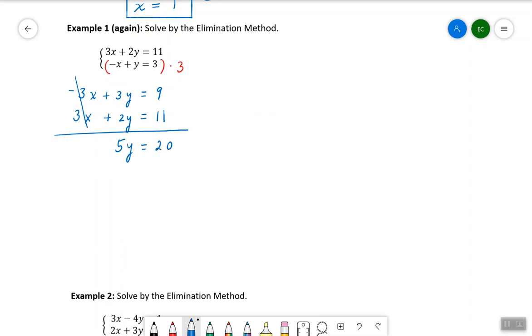Notice we have an equation now that only has one variable in it. So that's similar to the substitution method. We start out with equations with two variables, and we work our way toward an equation that only has one variable in it. Now we can go ahead and finish solving for y. We can divide by 5 on both sides, and we see y is equal to 4, and we can put a box around that. And then we just need to plug back into one of the original equations to get the corresponding